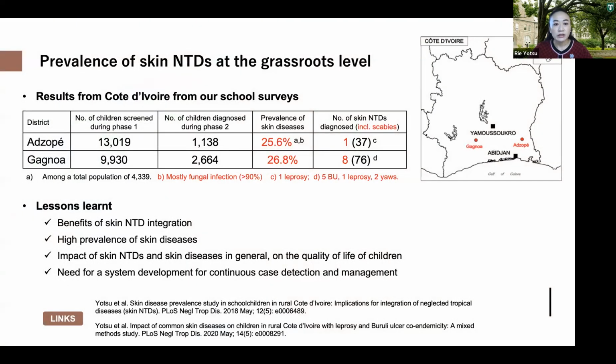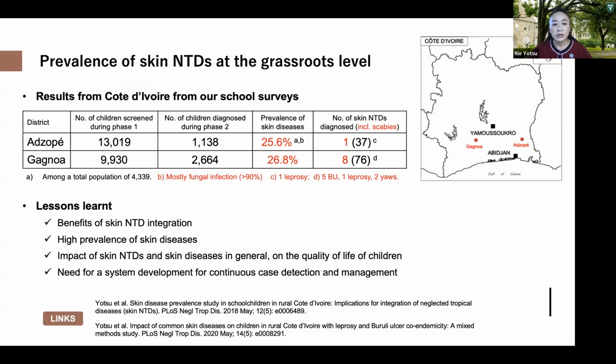And I've been working in Côte d'Ivoire since 2014. And this is one of my first studies done over there, doing skin surveys, especially in schools. This one survey is about 1 to 2 weeks of activity. We went and screened about 10,000